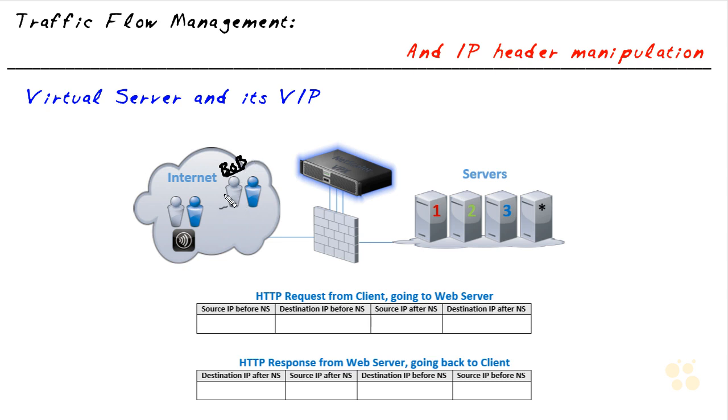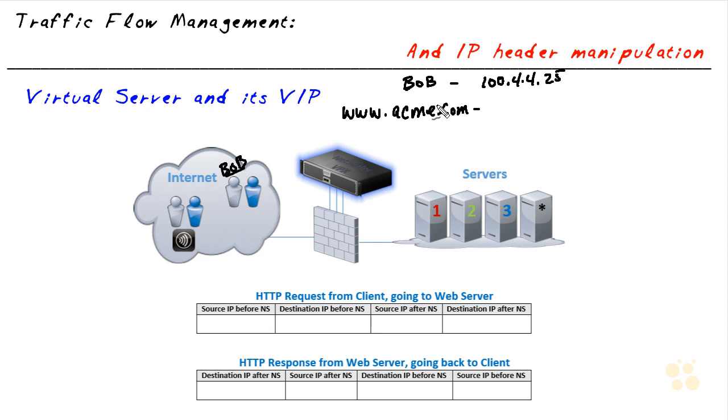So Bob's a happy camper on the internet somewhere. And let's say that Bob has an IP address of 100.4.4.25. And in fact, whatever that is, and he types in www.acme.com. Now, behind the scenes on Bob's computer, what happens is when he types in www.acme.com, his computer says, oh,